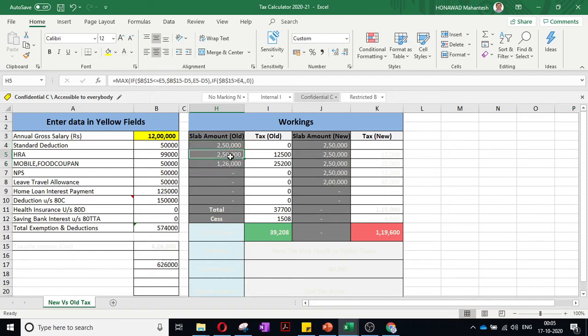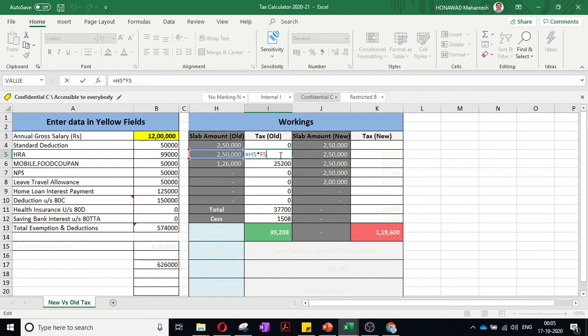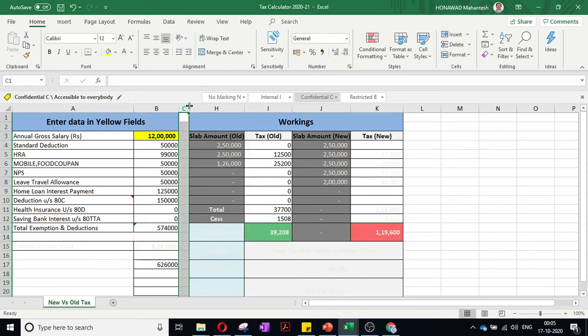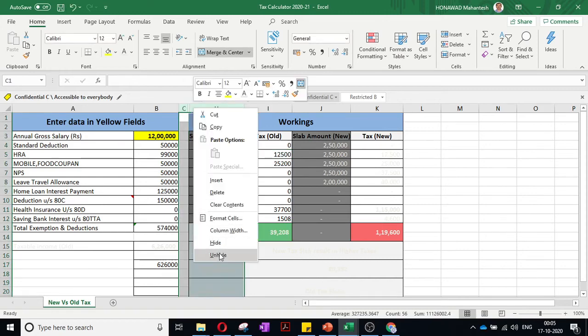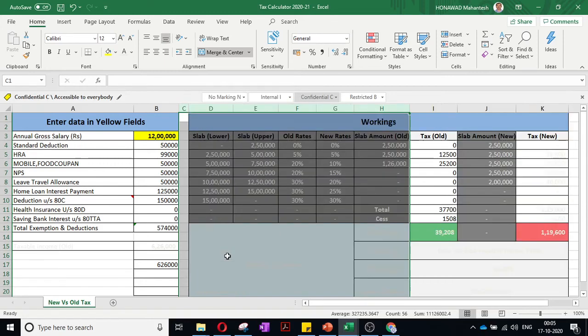Next 2.5 lakh, here is the formula to show you. I have put a formula. I will unhide. Okay.